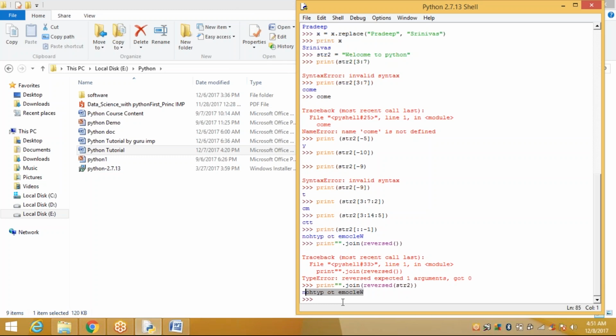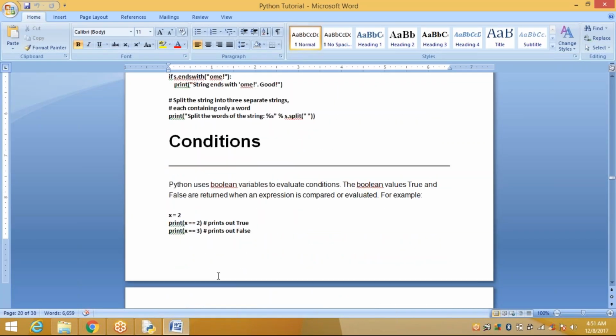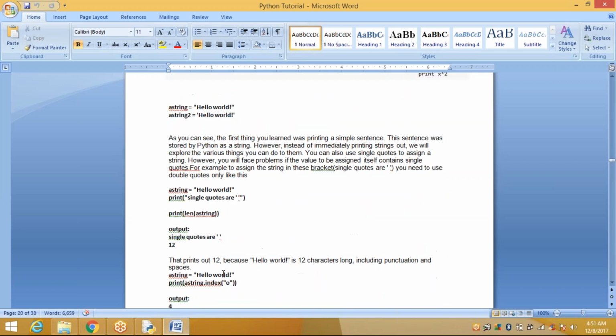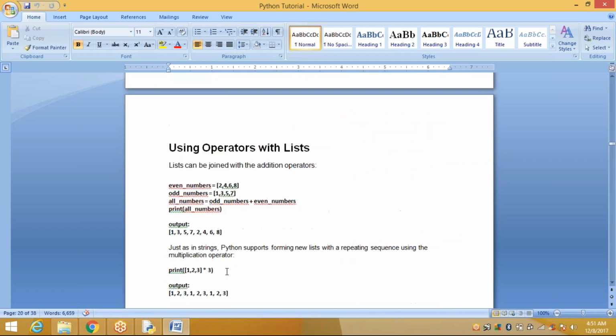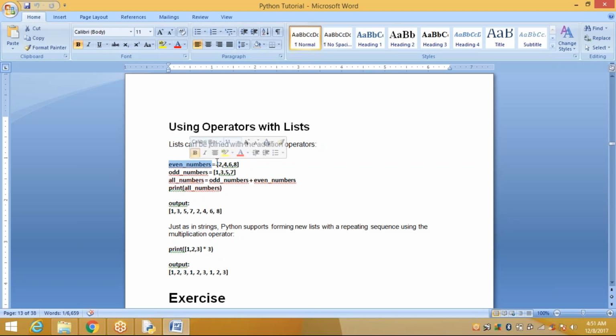The difference between list and tuple is that lists are declared in square brackets and can be changed, while tuples are declared in parentheses and cannot be changed. So what is a list? See here, we have already seen a list. How to apply the list? It is an array of something, and you use square brackets. Suppose you want to store even numbers: within the square brackets, you can apply the values. Lists are declared in square brackets, and you can change them. But a tuple is declared in parentheses and it cannot be changed.